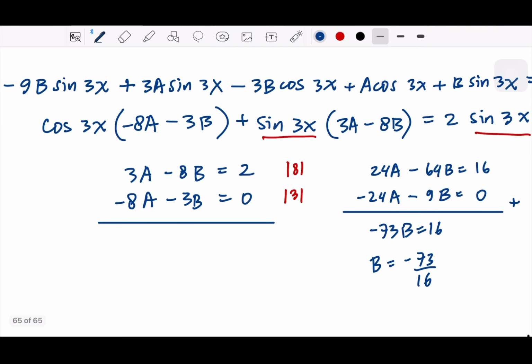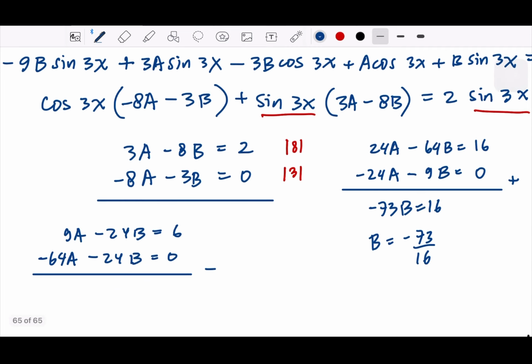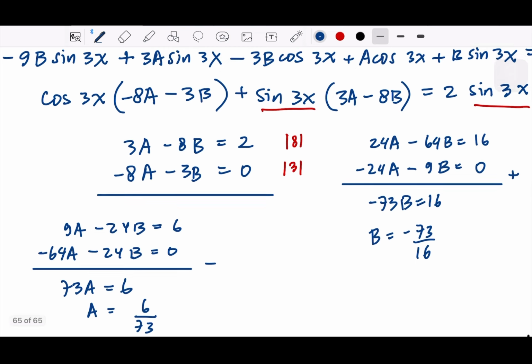And for a, same thing, we'll multiply 3 and multiply 8. And then subtract. So we have 73a and then 6. So a is 6 over 73. So yp is,